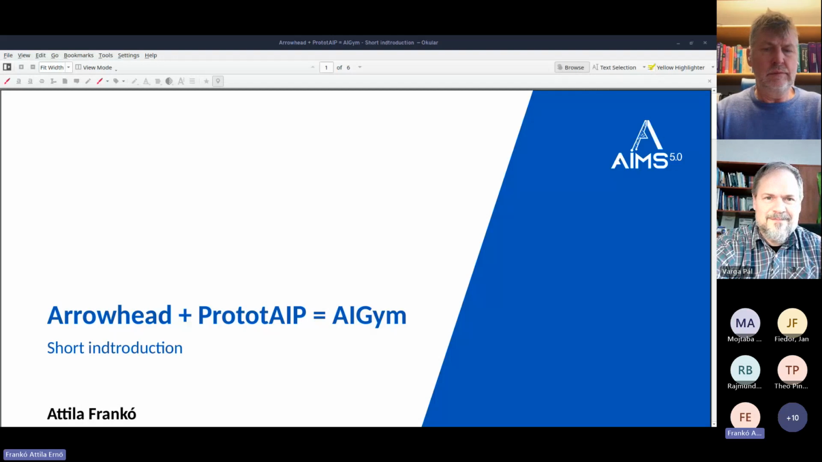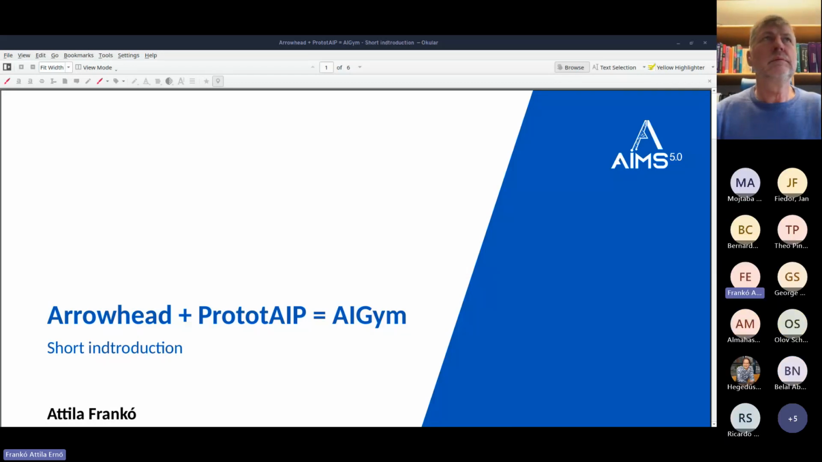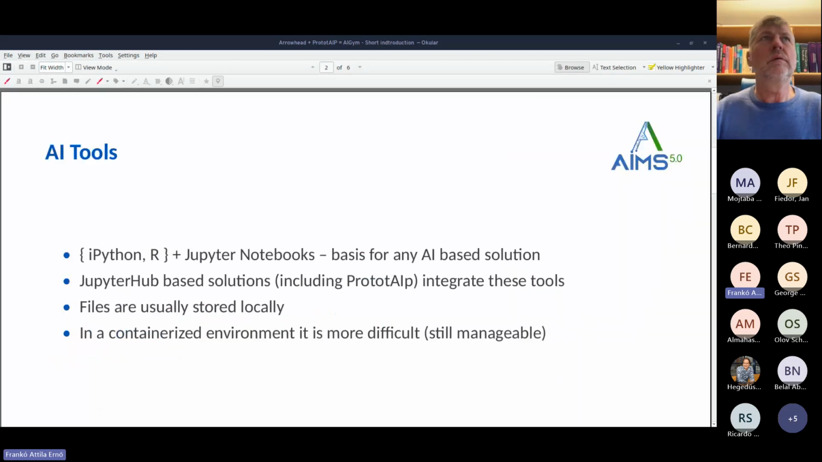So this presentation is about the Arrowheadification of the prototype, which became an AI gym in such way. And I want to give you a short introduction in the first place about the AI tools that are used in this AI gym, because it is very important to understand them in order to servicify these in an Arrowhead manner. So in the first place, we have the Jupyter notebooks